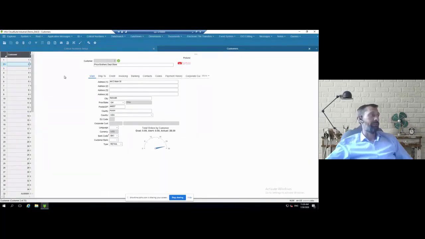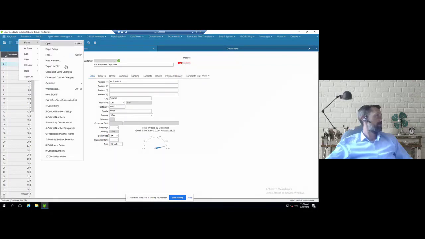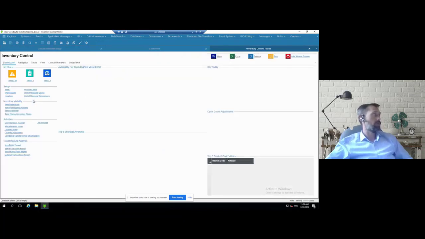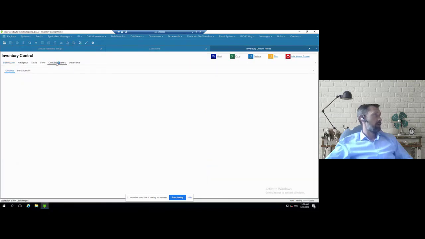on forms or on dashboards, right? And I do have 2 examples. One, this may take just a second to load, but this is a home page. So CSI has several pre-built home pages. This is the inventory control home page. Now, if I click on critical numbers,